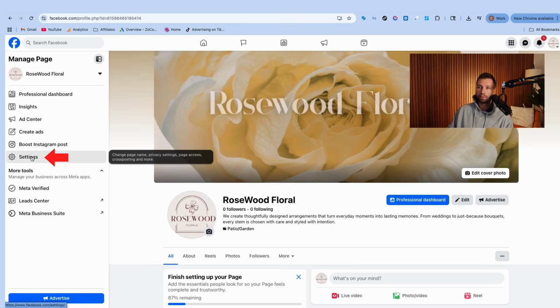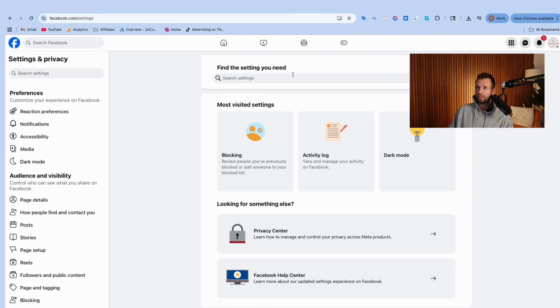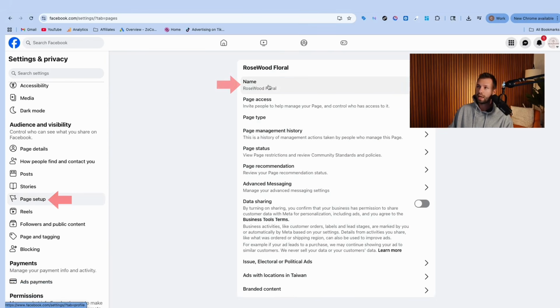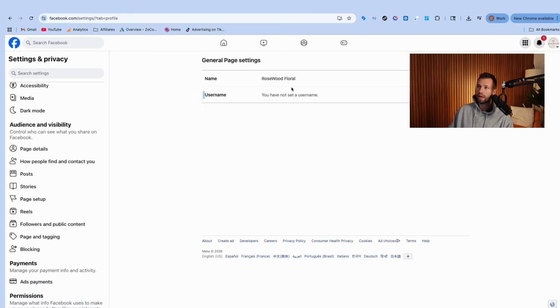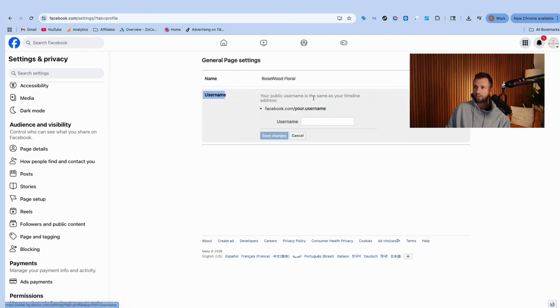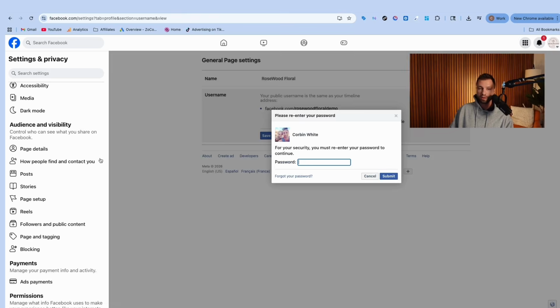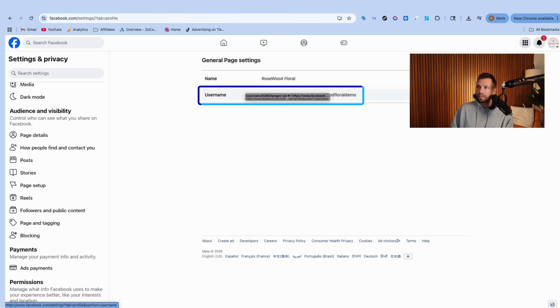So what we want to do is we want to come over here to settings, and then inside the settings, you can see there are lots of other settings inside of here, but we want to come over here to the actual page setup. And in the name right here, we want to click on that, and we want to actually claim a username. So you can see right now, this is the name of our page, but we want to claim a username here. So we're going to call this Rosewood Floral, and we'll see if this is available. If it's not available, it will say it's not available here, but this one is just a demo, so we can just call this demo here, and then we can hit save changes. And then from there, it's going to ask for a password real quick. Okay, and then now you can see this is our username and the URL that we can share with people